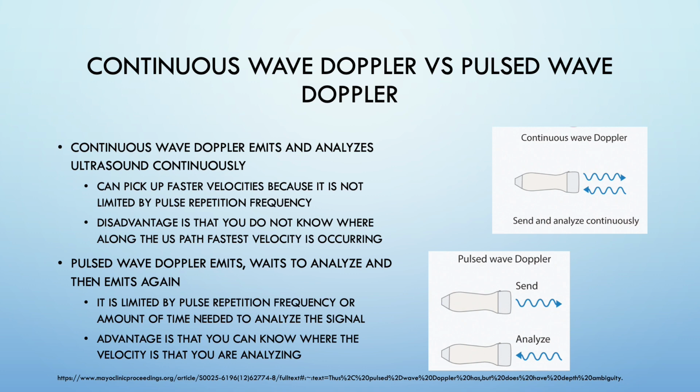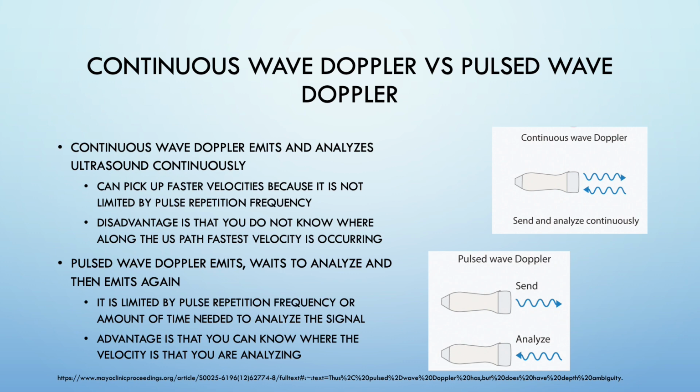The first topic is continuous wave Doppler versus pulsed wave Doppler. Ultrasound has become one of the tools that the ABA really expects us to know about, not only how to use it and in which different situations, but ultrasound physics as well, and what these different terms mean and how we can use them. So what continuous wave Doppler is